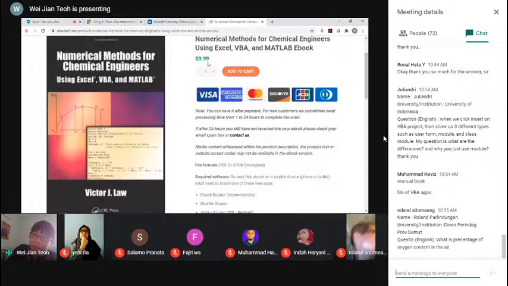But for all other applications, I can say almost any application, MATLAB is the same as VBA, same functions, same applications. Just the way you type in is different. Maybe you have a bracket here. In MATLAB, you don't have a bracket. Maybe in MATLAB, you need a semicolon. In VBA, you don't have a semicolon.